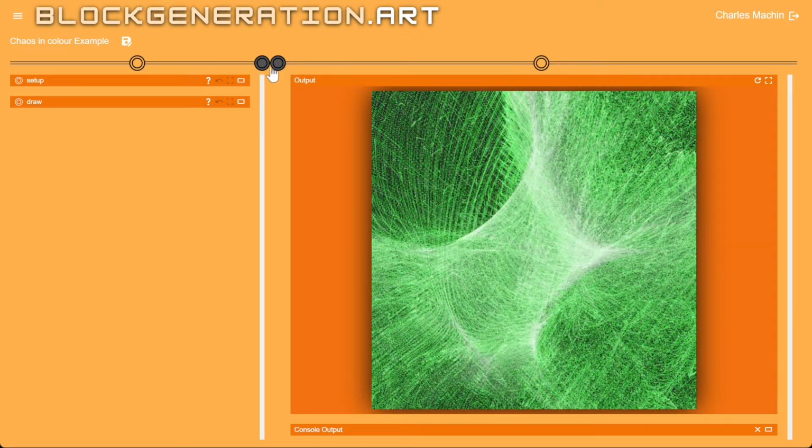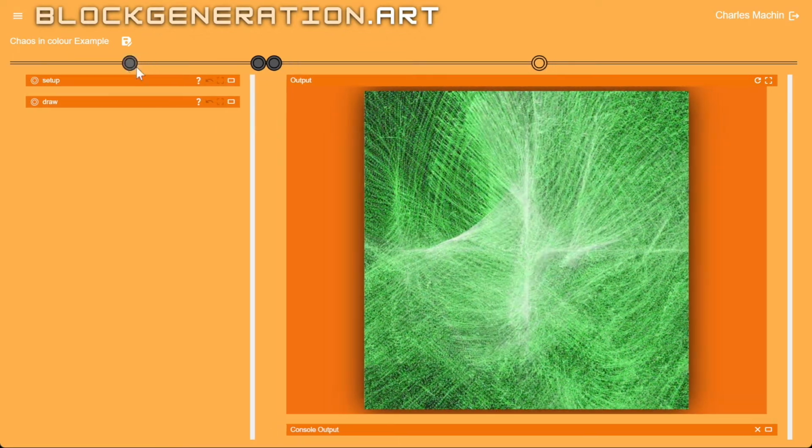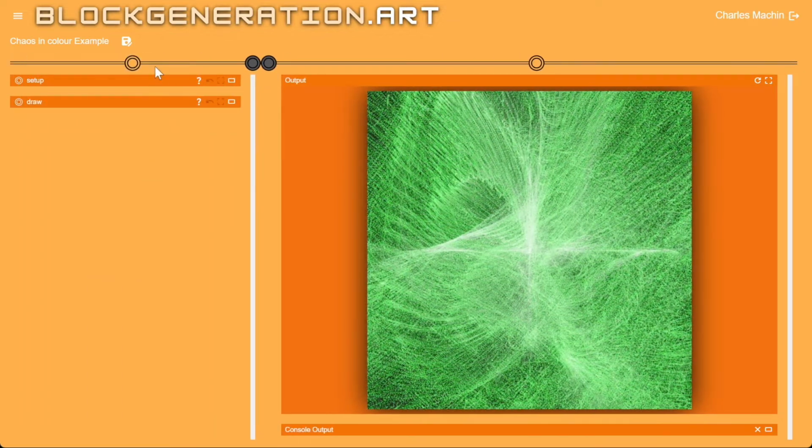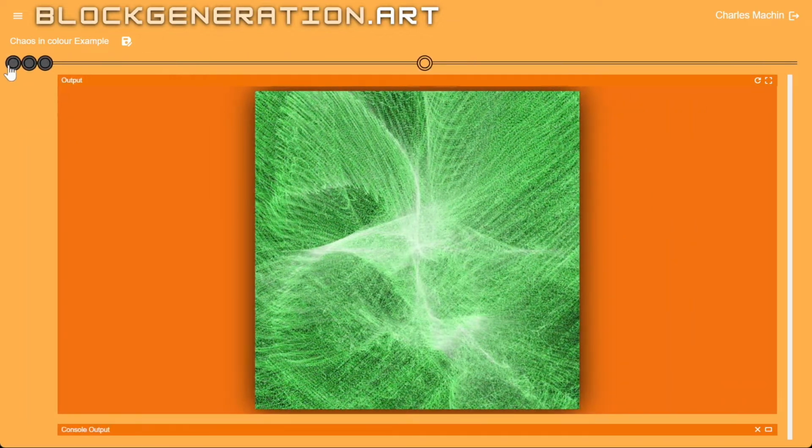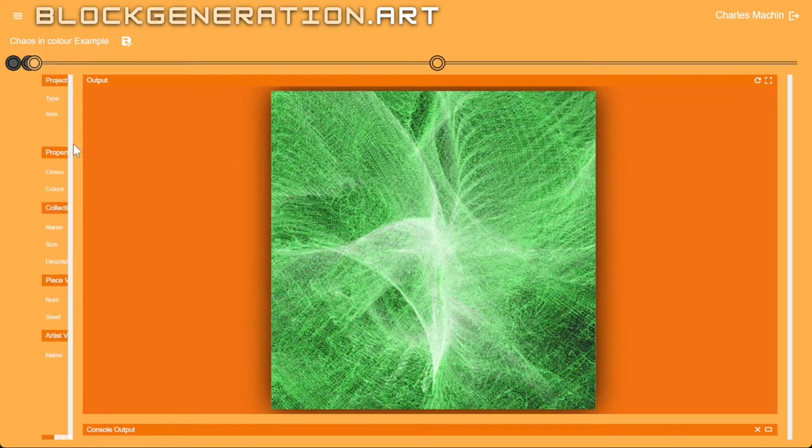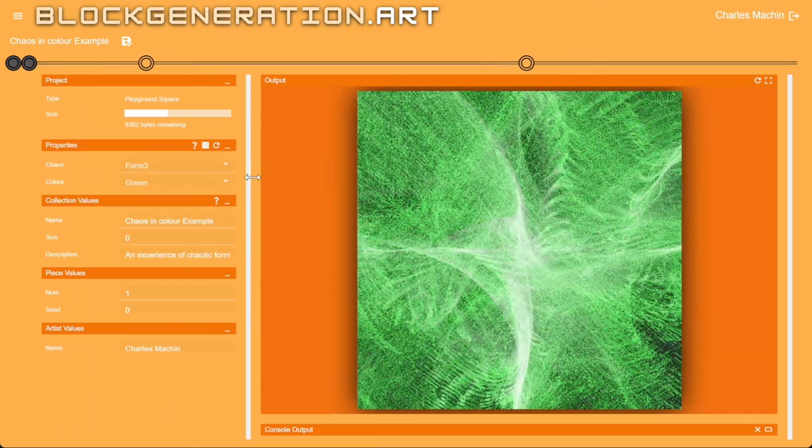So we can see that there's another two hidden columns here. So these are hideable columns. We can hide them by clicking on them. If I hide that one, I want to show this one here, the properties. And we can see